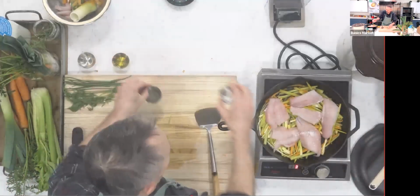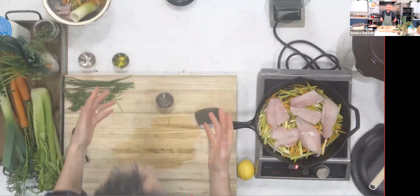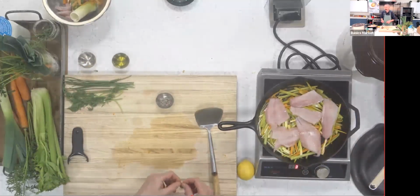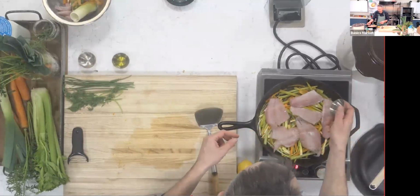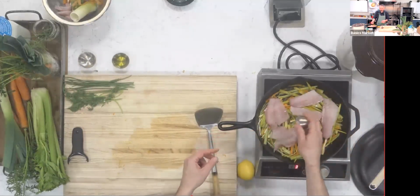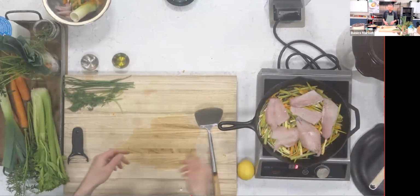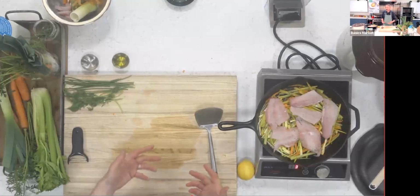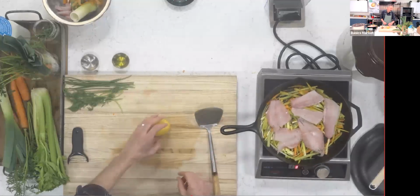Now, pepper is important when you're cooking with turmeric. It has been discovered that those anti-inflammatory benefits from turmeric are accessed much better when you add black pepper to turmeric. So in a lot of recipes using turmeric, you'll notice there's black pepper involved, and it actually aids your body in absorbing the turmeric, and it increases your absorption of those components of the turmeric by 2,000%. So it's quite a lot, and so a little black pepper in your turmeric recipes is important. Okay,